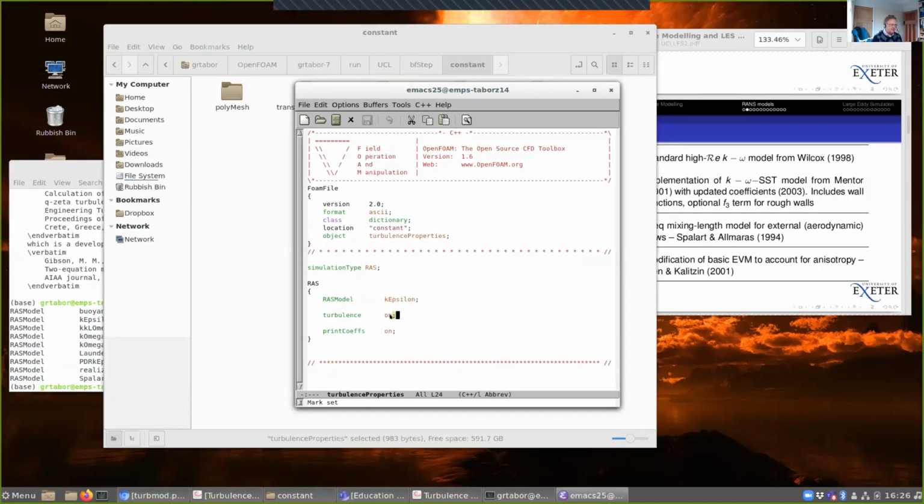We're activating turbulence for it, and at the beginning of the run, I'm going to ask the simulation to print